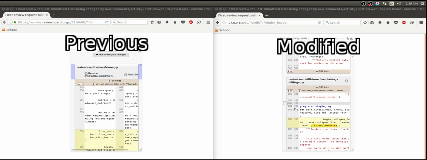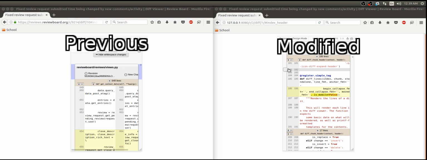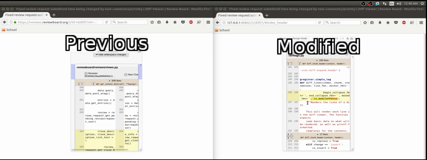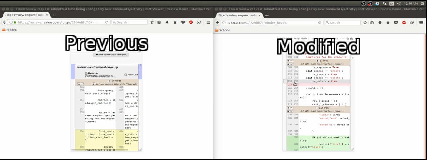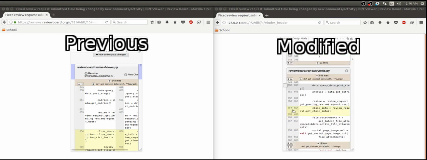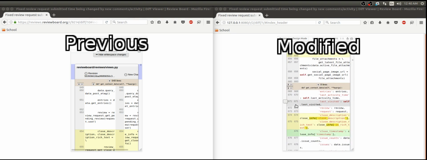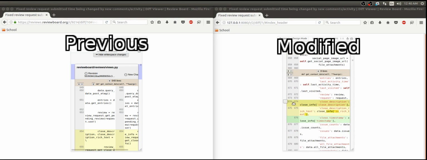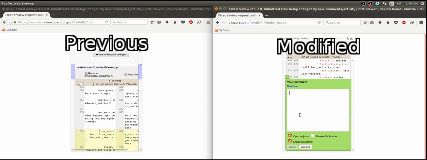And this is just what that looks like. You have your original line numbers on the left, and then you have the new line numbers on the right. Everything works relatively similar to how it used to. You still click left here to make a comment,